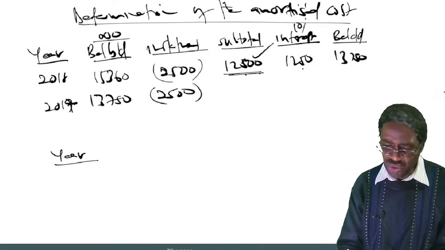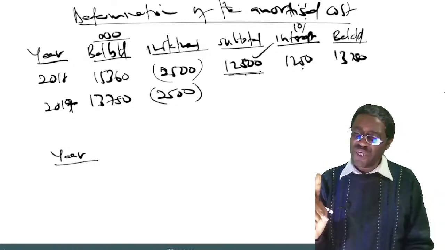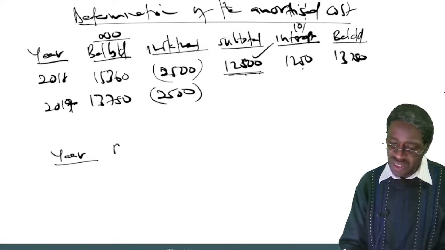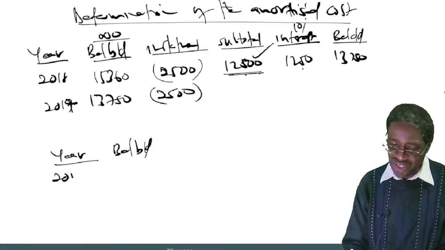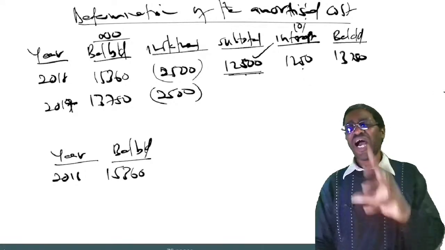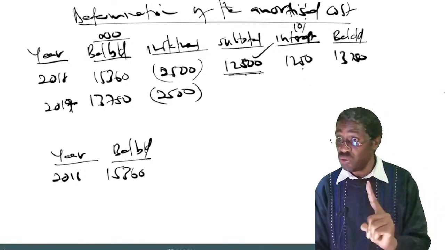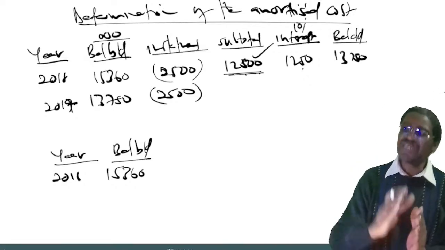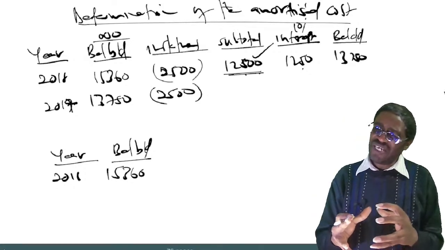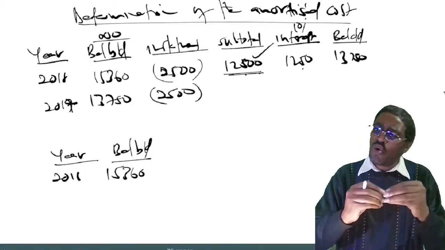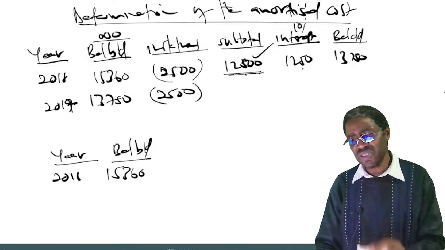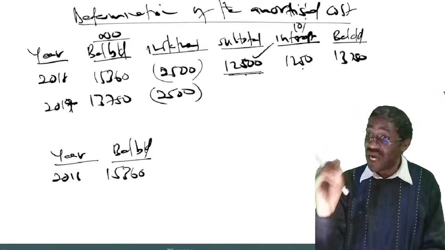Suppose the question told you it is one where you are paying your installments in arrears. So again, you will have a column for the year, a column for the balance brought down. First year 2018, we get a liability of 15,360. Are you paying any installment now? No. You are paying your installment at the end of the year. Meaning, you have a liability of 15,360 by the beginning, which will accrue as a liability for the whole year. So it is on this 15,360 that you as a lessee will be charged interest.